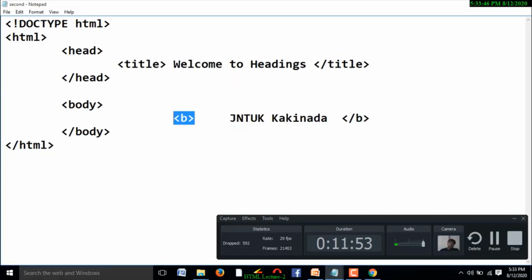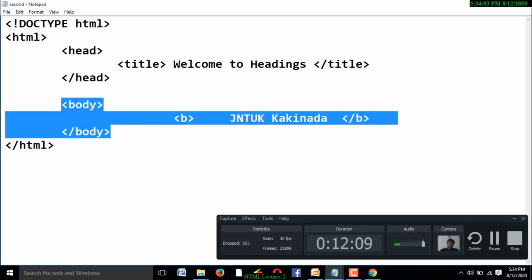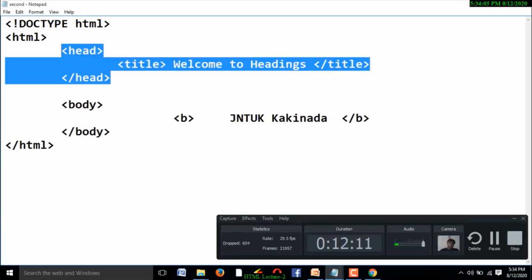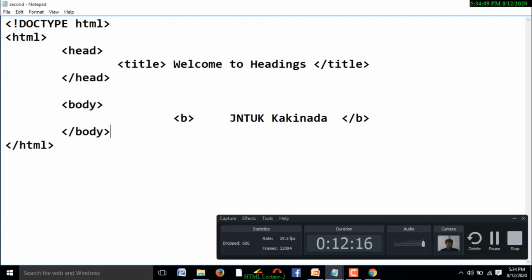The embedded tag concept is what? Every opening tag should contain a closing tag. Got the point? So bold is an embedded tag, and body is an embedded tag, heading is an embedded tag, HTML is an embedded tag. I will explain standalone tags later.